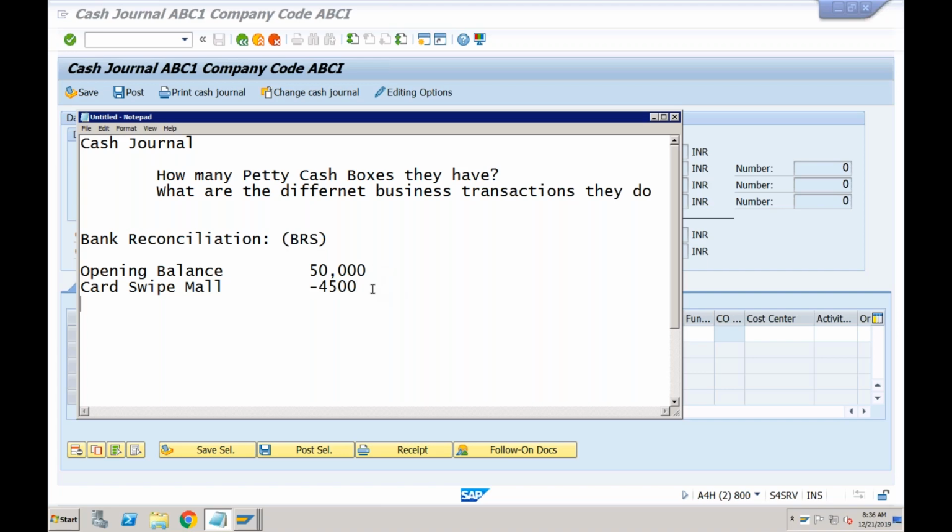Again, it is telling you that you swiped the card at a petrol pump. This was again 2,000. And the closing balance is how much? 43,500.